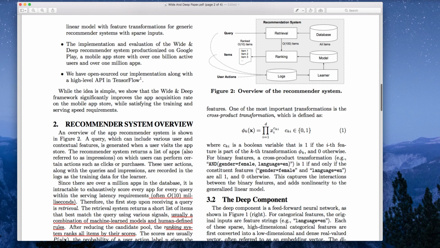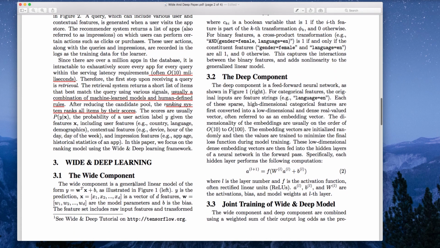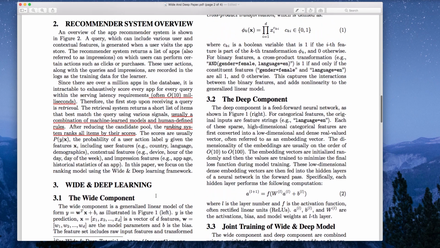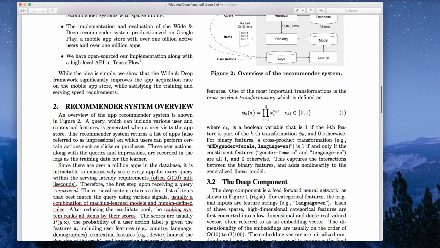One of the most important transformations is the cross-product transformation, which is defined like this. This is what was mentioned earlier, where you do a cross-product transformation to get crossing features. But in deep learning, you don't have to do that. In traditional machine learning, you have to do that. So let's go over this. In case you forget, the symbol that looks like an E is summation. This one is a product. For example, going from i to d, where d is the number of features, say you have 10 features, then d will be 10. So for d features,